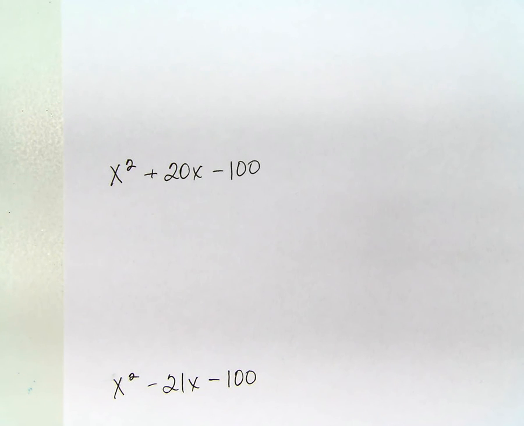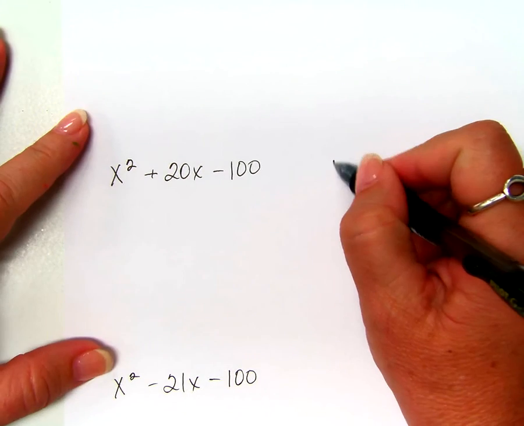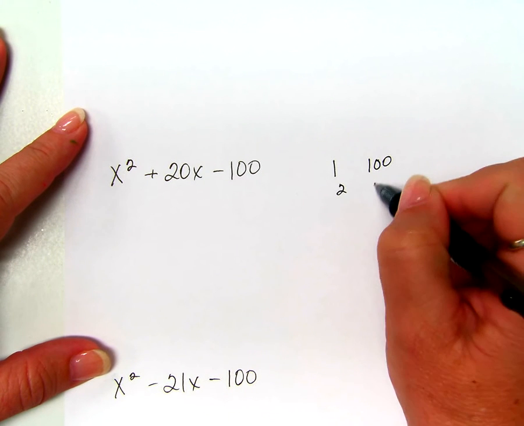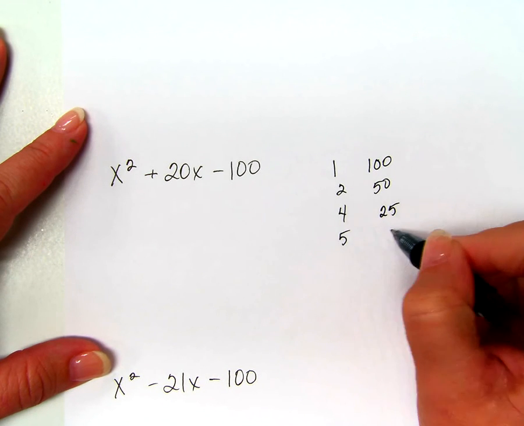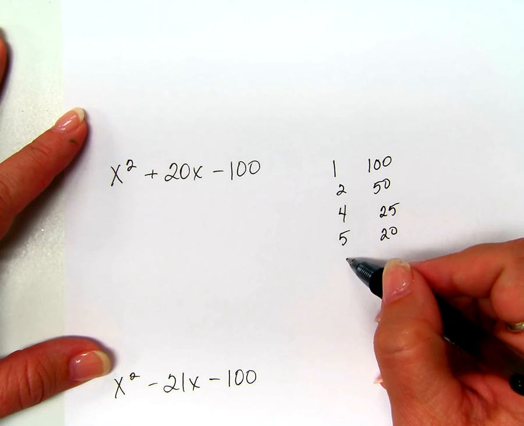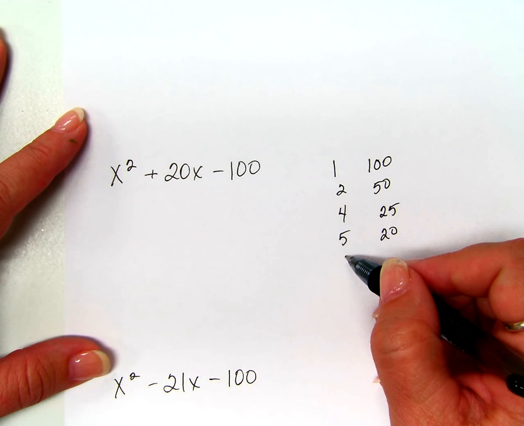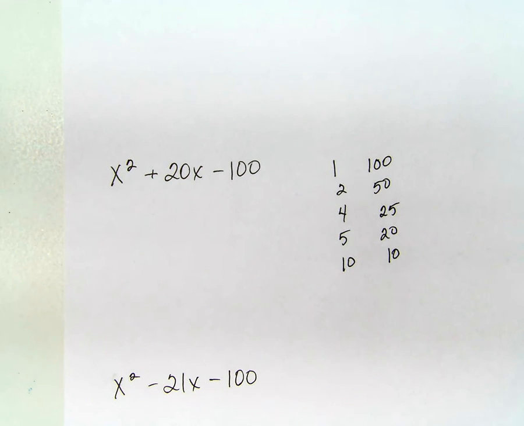What about this one? X squared plus 20x minus 100. Maybe we need to do some side work here. 1 and 100. 2 and 50. 3 doesn't work. 4 and 25. 5 and 20. 6 doesn't work. 7 doesn't work. 8, no. 9, no. 10, 10 and 10. So it multiplies to be negative 100 and adds to be positive 20. 10 and negative 10 multiply to be negative 100. Add to be